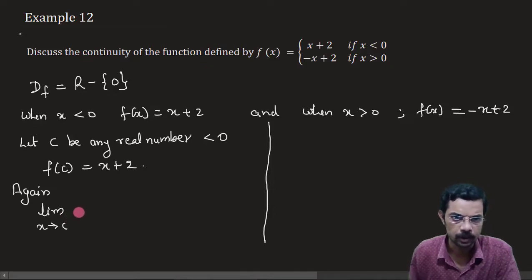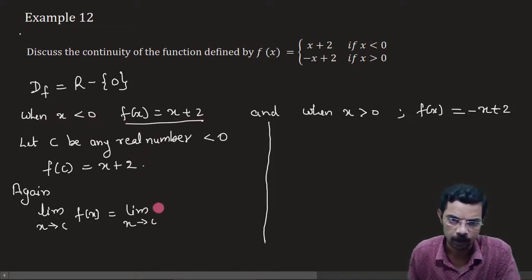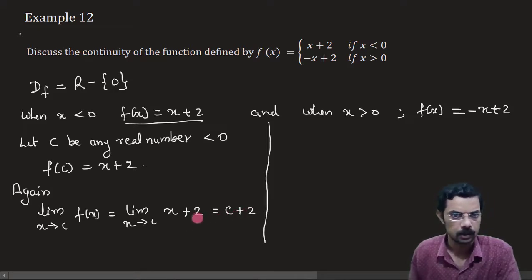Okay, then what is f of x? f of x will be equal to the limit as x tends to c. In this case, we have this definition of f of x because we are talking about the domain x less than 0. So that becomes x plus 2, which is equal to c plus 2. Okay, so what happens